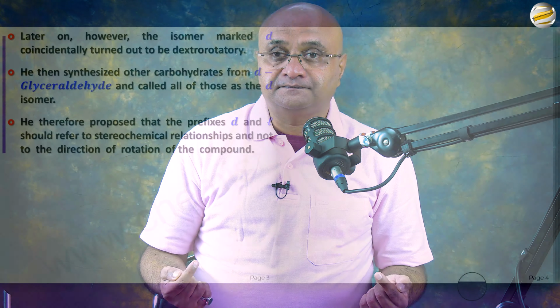Remember, configuration is like the cis and the trans. We could clearly see this is cis, this is trans. They were not relative. Cis was based on a certain definition, trans was based on a certain definition. We cannot call the cis as the trans. So absolute configurations were here given based on their relationship with each other. It was relative to each other.